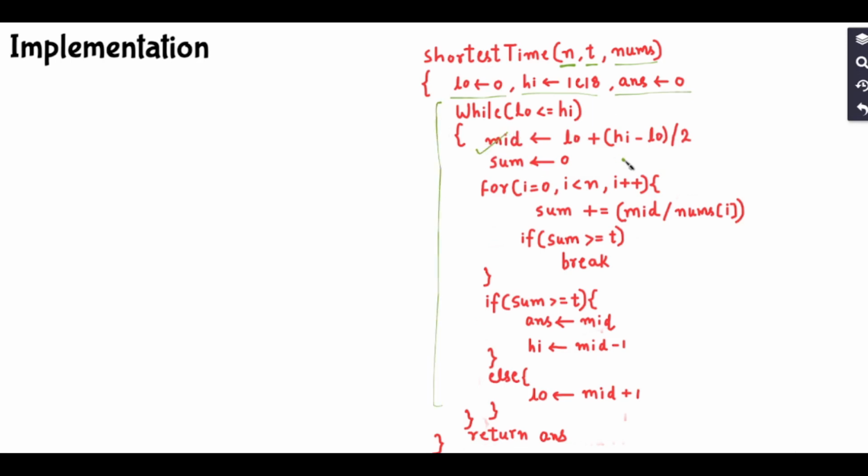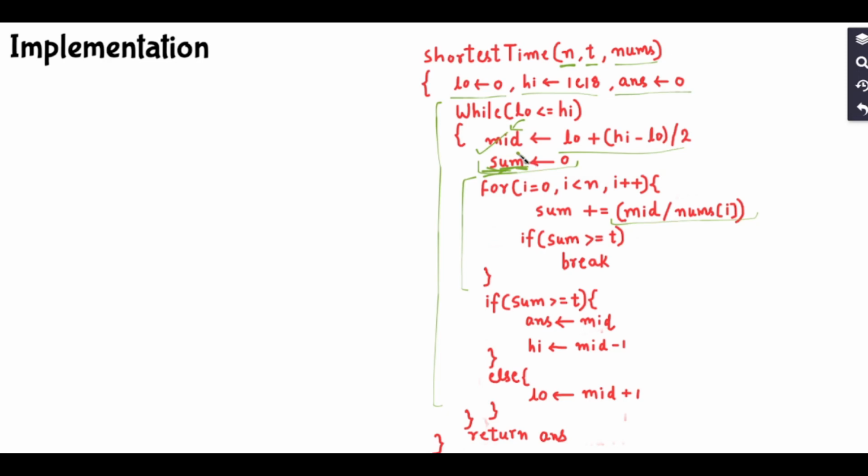Calculate the middle element using this formula. Initialize a variable sum to 0. Now iterate over all the machines and count the number of products which each machine can make in these mid seconds, which is calculated by this formula, and add those number of products into this sum. So this basically represents the number of products which I can create